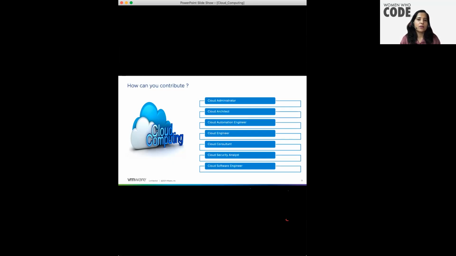And last is the software engineer. I mean, there are multiple roles, so I have listed these. Cloud software engineers are the programmers who create the cloud applications. They develop the cloud applications, and they're also responsible for upgrading, repairing, or maintaining the software they develop and the databases they operate. So these are multiple roles. Everything needs different skill sets, and the responsibility is also different.